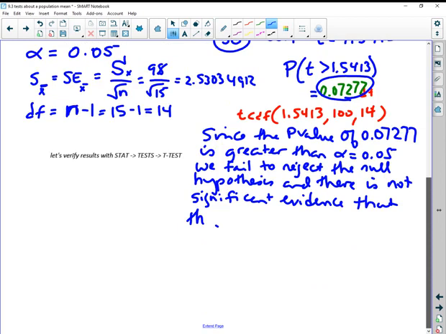We've got to word it in terms of the alternative hypothesis, that the batteries last longer